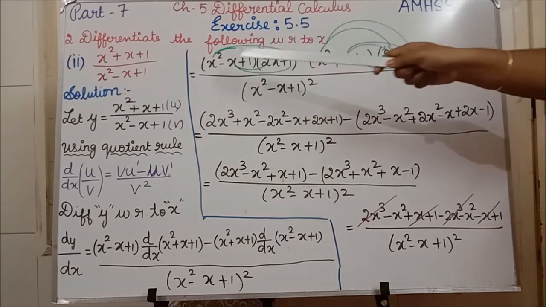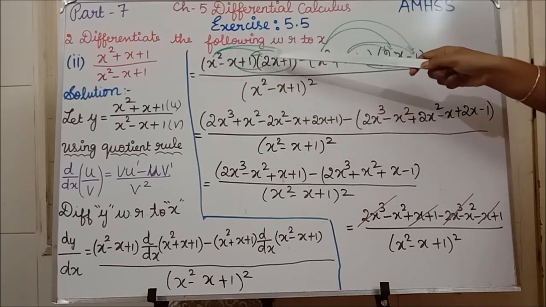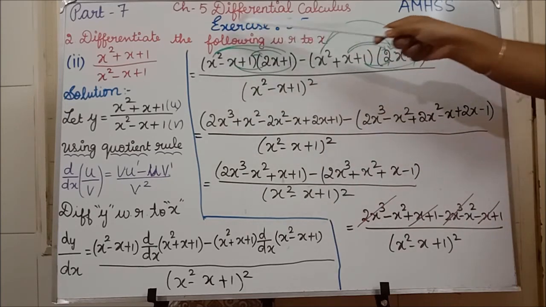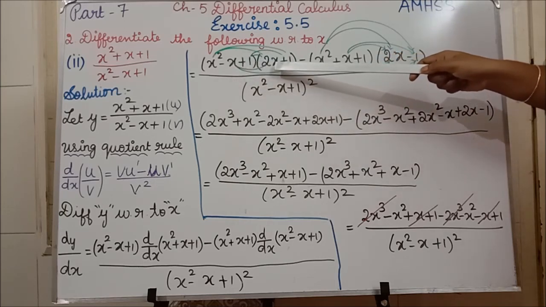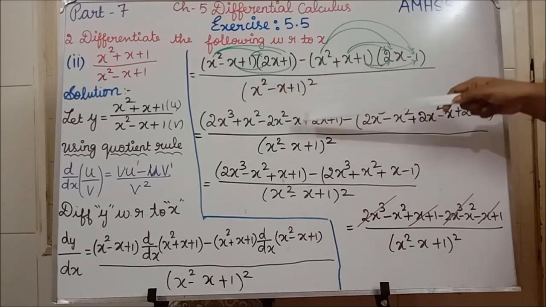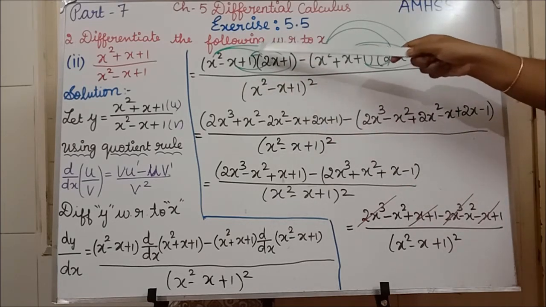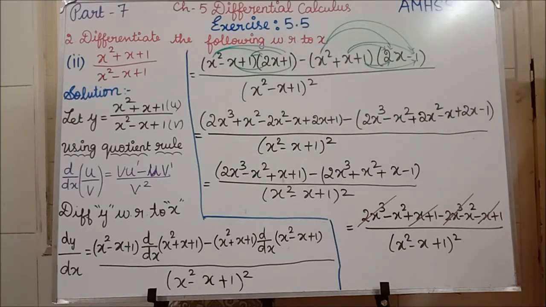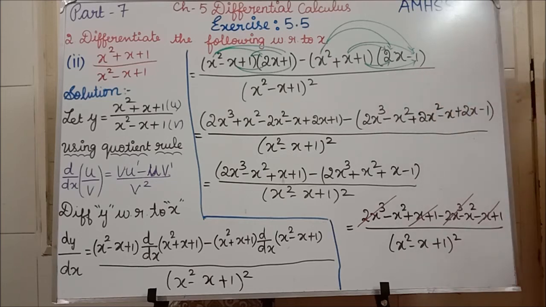See, here next we are taking x square and multiplying it with each term. x square into 2x is 2x cube. x square into 1 is x square. Then we are taking minus x. Minus x into 2x is minus 2x square. Minus x into plus 1 is minus x. Then 1: 1 into 2x is 2x, and 1 into 1 is 1. Clear? All the 3 terms you are going to multiply with these 2 terms.